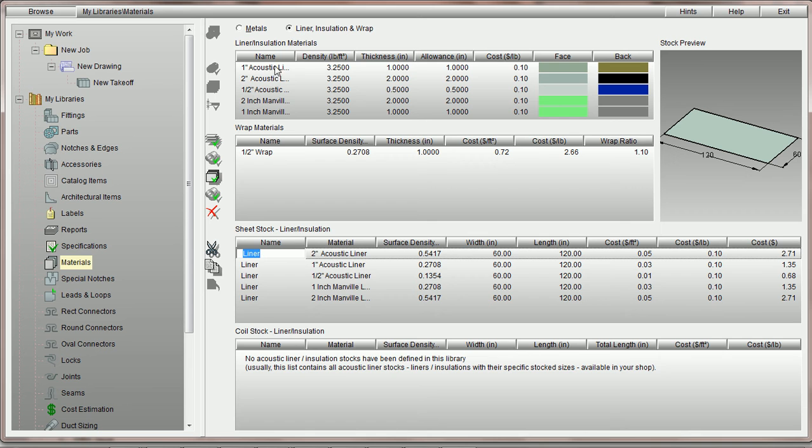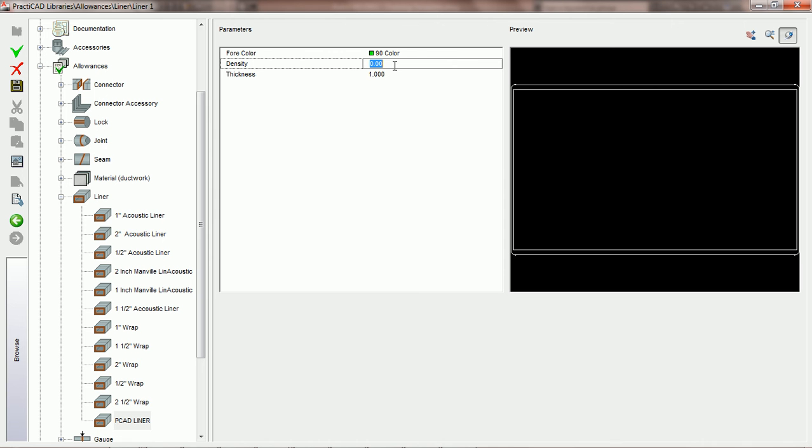We've got it checked, and you can see here just by looking at the 1-inch acoustic liner name, we've got a density that says pounds per cubic foot, and it's 3.25. Now we can take these values and put them into PractiCAD to calculate weight reports there, or we could just download the ductwork from CAD to CAM, and CAM will pick up the material density here and calculate a weight report in PractiCAD. However, if you don't have CAM, you might want to be able to put the proper density in PractiCAD. Therefore, back in PractiCAD, we're going to put 3.25 for pounds per cubic foot for the density,